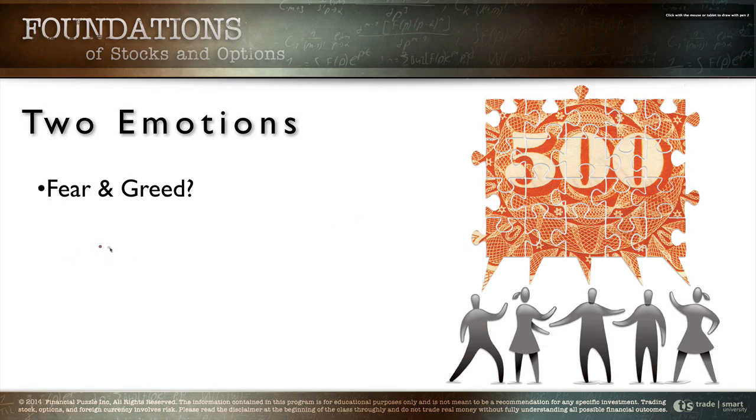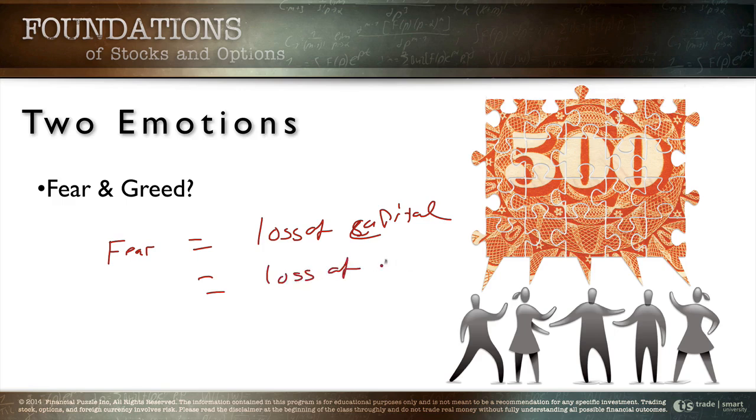We've got two real emotions. One is the fear of loss of capital. See if I can write this straight on the screen. Loss of capital. And what's the other one? Fear of loss of opportunity. Really, we're driven by two emotions, both of them based in fear: the fear of loss of capital and the fear of loss of opportunity. Which one of these emotions do you think is stronger?